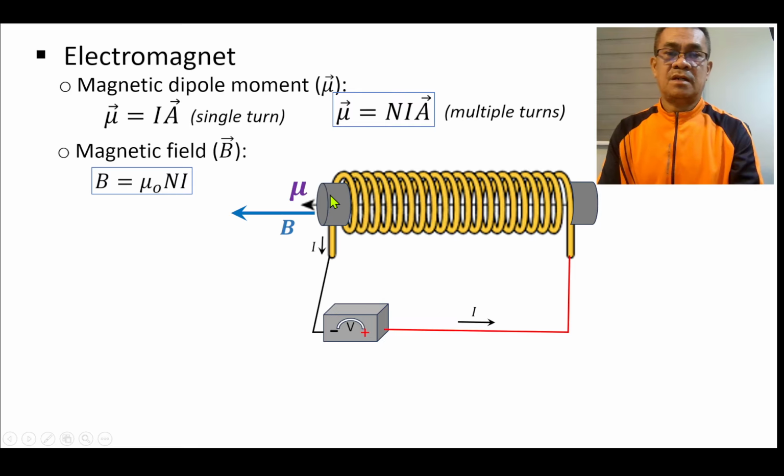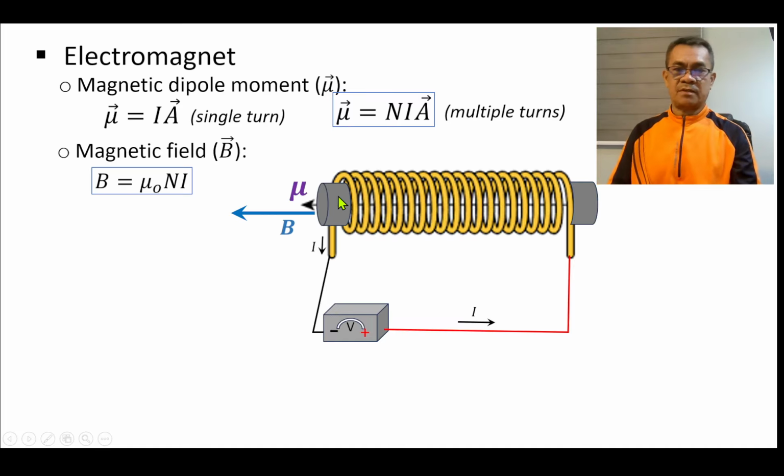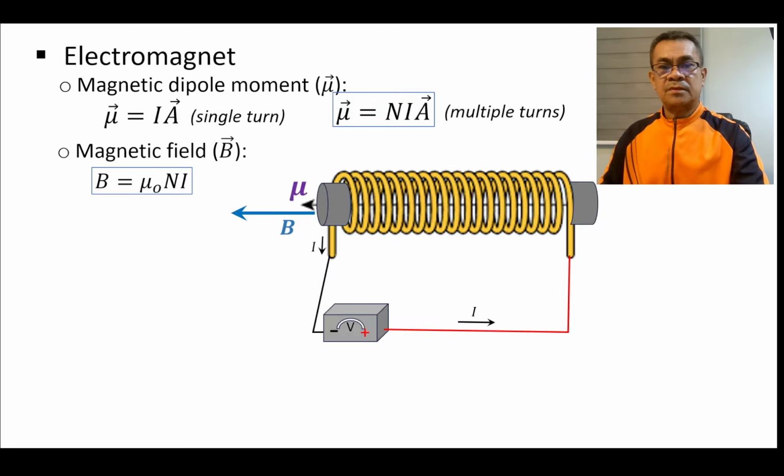That's why the purpose of this is to enhance or store the magnetic effect. Which means that as long as there's current, there's always mu. If there's mu, there's always a magnetic field due to the electromagnet. So remember that